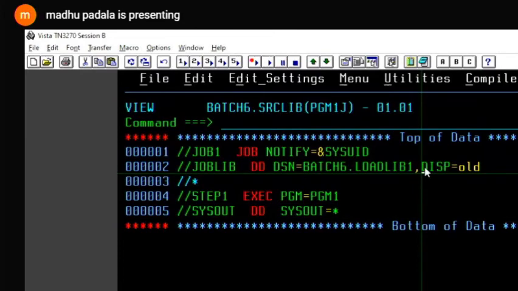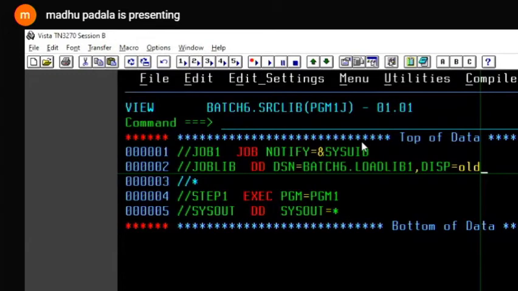So for example, I'm submitting two JCLs, PGM1J and PGM2J, two different JCLs, at the same time. Two JCLs can be executed parallelly, simultaneously. So in that case, I need to give SHR. But if I execute with OLD and submit my JCLs simultaneously, these JCLs are not executed simultaneously.